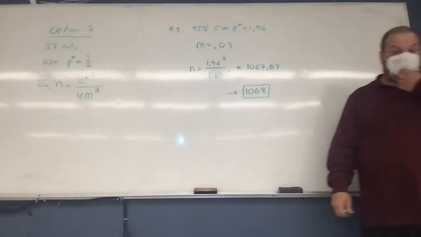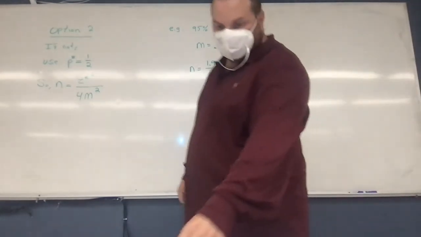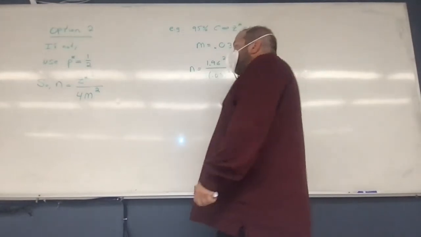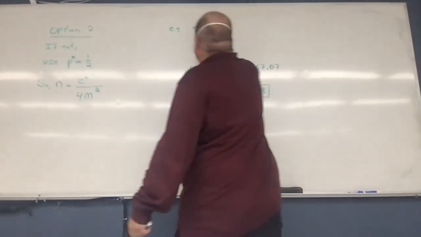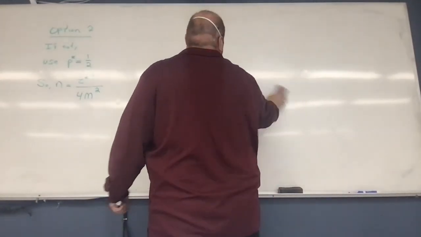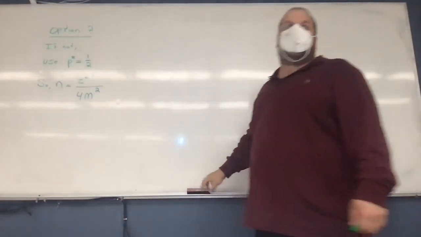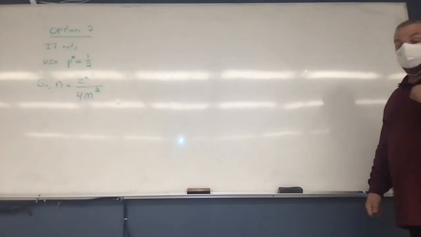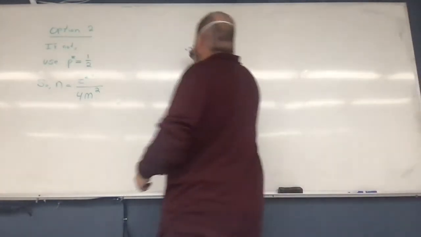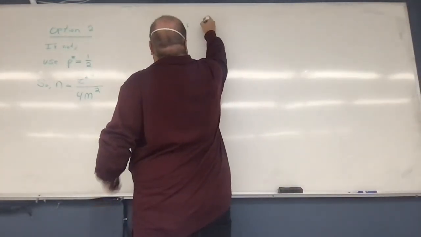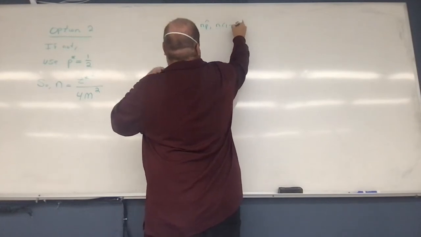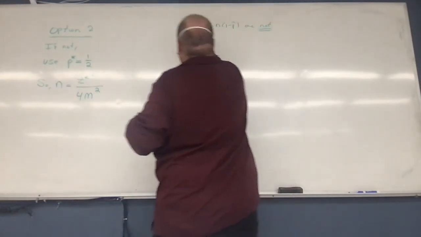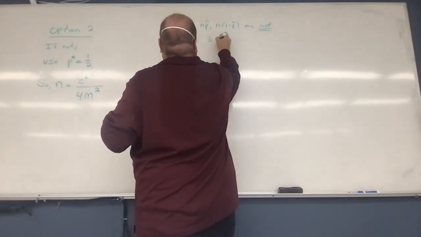Now, the last thing for this chapter. We talked at the very beginning: what happens if your number of successes and number of failures are not both greater than or equal to 10? You don't use that. We have something else instead. If n p hat and n(1 minus p hat) are not both greater than or equal to 10,